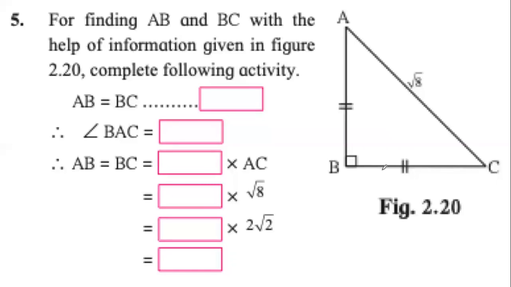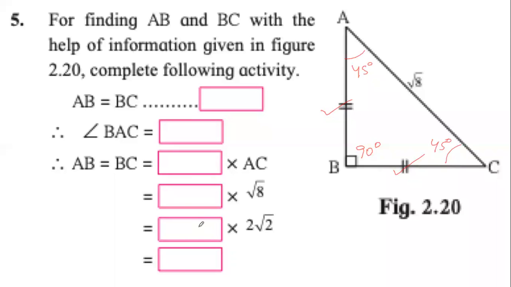There is a triangle ABC. Not just any triangle, it is a right angle triangle. Not just any right angle triangle, it is an isosceles right angle triangle. See, AB is equal to BC. We know that the angles opposite to equal sides are equal, then we can say that angle A will be equal to angle C. We know that the three angles of a triangle add up to 180 degree. So we can find out that angle A is 45 degree. So is angle C, which is 45 degree.